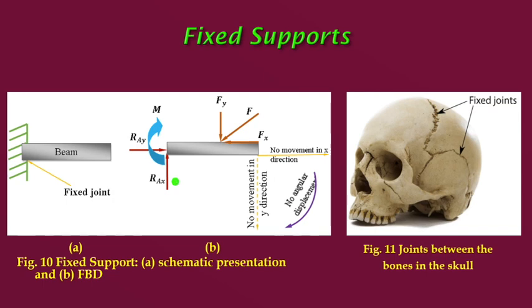In the previous example, say the knee joint, rotation is possible. So as rotation is possible, no moment is working there. Under the action of this force, no moment will develop. But here, no rotation. As it is a fixed joint, fixed means neither translation nor rotation, no movement is possible. So all components of reaction along with the moment are present, working on the support. So this is the fixed support.